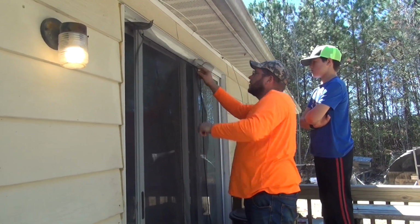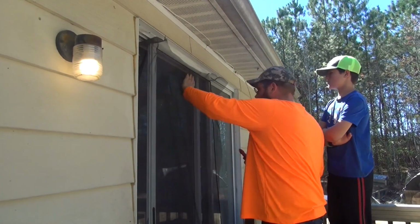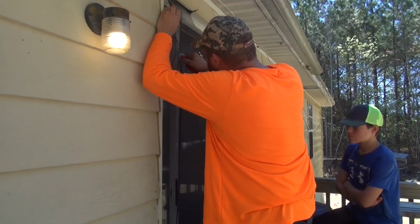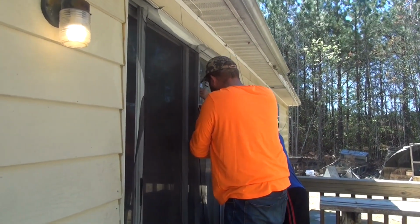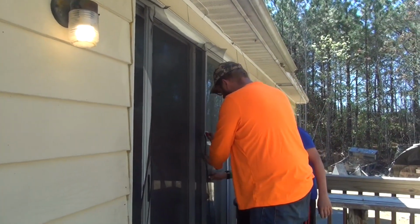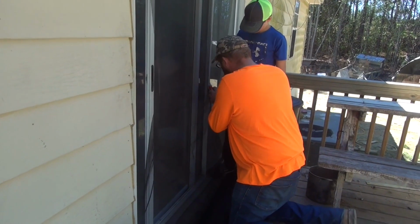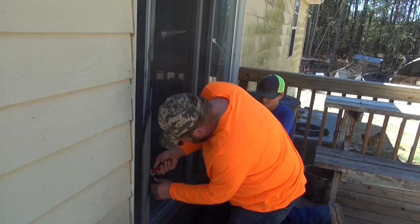But when I'm starting the strip out, I normally don't do that. I just allow the strip to push in against the screen into the groove, and then it stretches the screen and kind of just rolls it into place. Now I work from the top down to try to keep the screen as flat as possible, so that you don't get wrinkles or waves in your screen. I go evenly down both sides and push that rubber strip back into the groove, and it just stretches the screen as it goes. And work my way around from top to bottom,